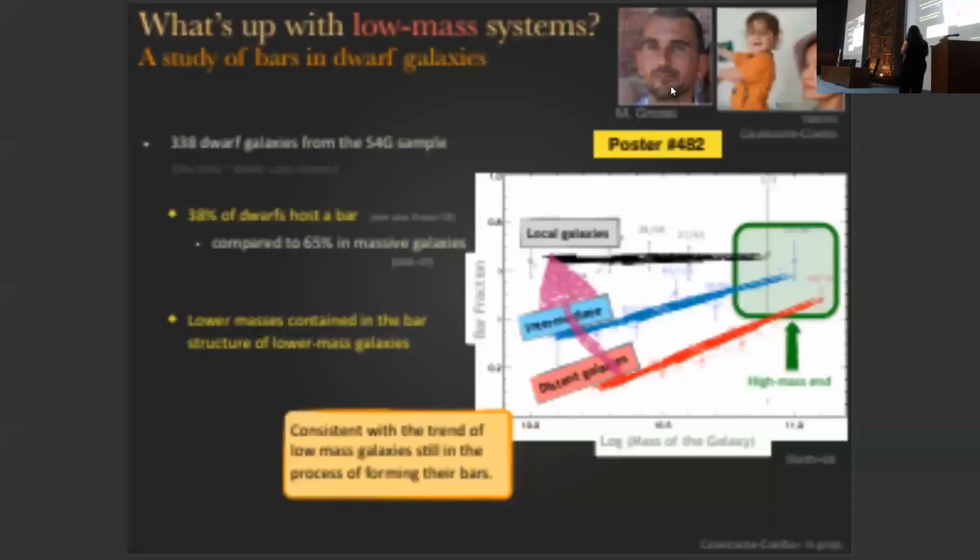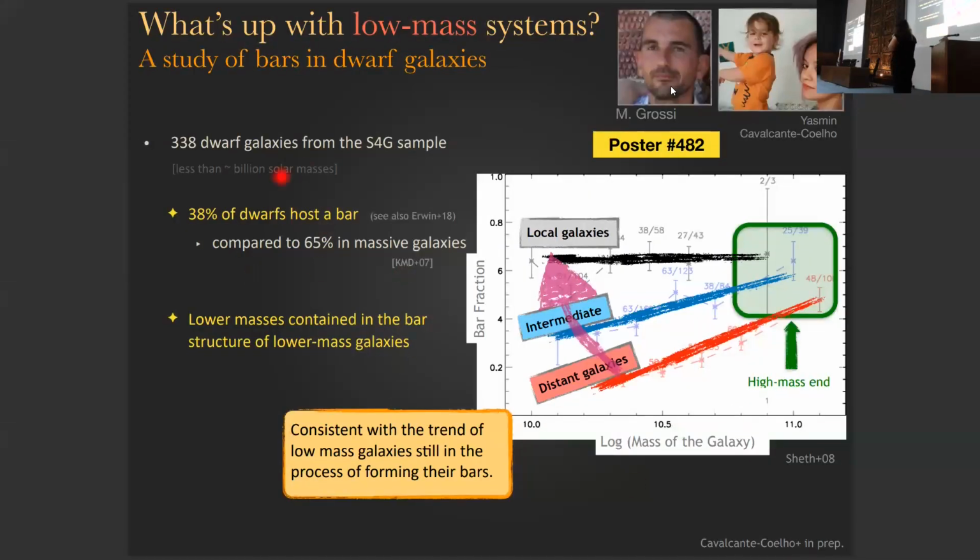Putting these things together, you have a low proportion of bars in low mass galaxies, and lower masses in the bar structures in lower mass galaxies. Also the bulge seems to be perhaps an indication of a more mature galaxy, going towards the early type and showing more massive galaxies. This is all consistent with the trend that all the bar forming action is happening in the low mass galaxies. The low mass galaxies are on the one hand acquiring the conditions, and when they have acquired the conditions, they slowly build up those bar masses.